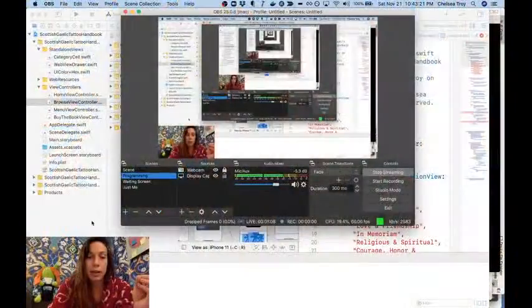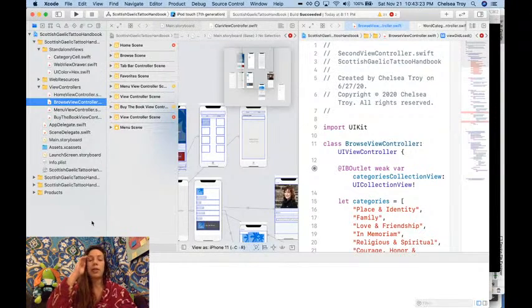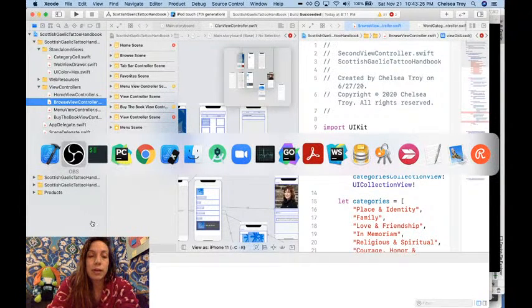Hey folks, still a little under the weather, but I did some reading, watched some YouTube videos, and I think I know what we need to do to get our browse screen sorted out. So we worked on this a little bit last time, tried a couple different things, none of them worked. Ultimately, what we want to do